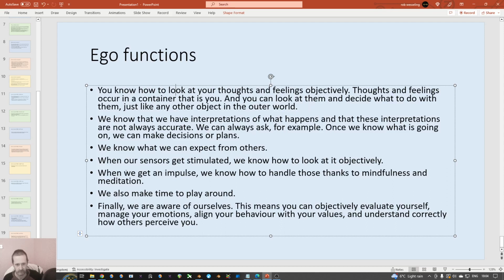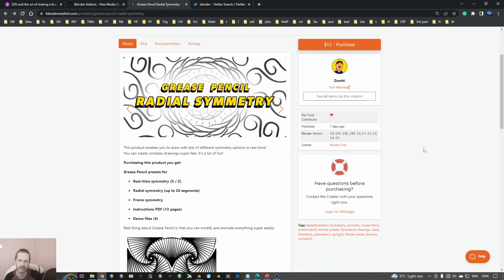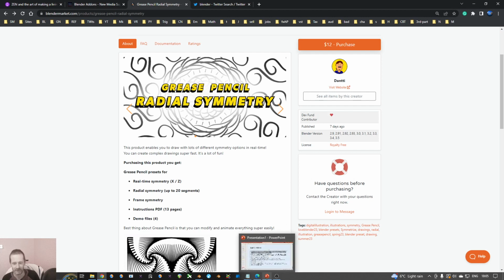And when we get an impulse, we know how to handle those thanks to mindfulness and meditation. So that is pretty much related to this. So we are here, we can look at our thoughts and emotions objectively and make a decision rather than being in that emotion. So that's a whole story, but